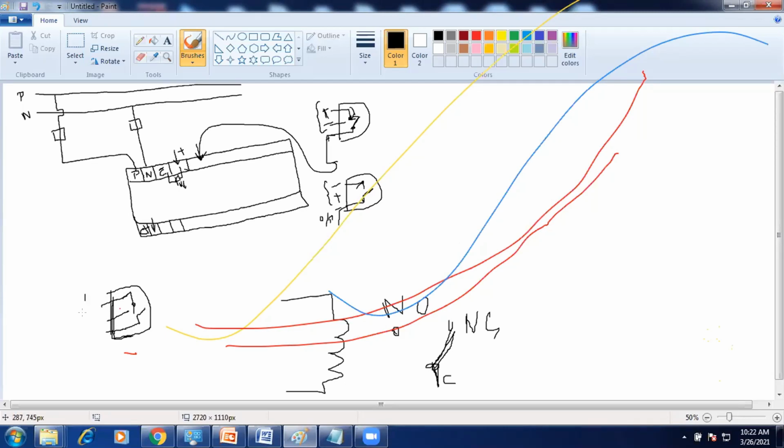This is PNP. From the output of the sensor, we are getting positive only. While the sensor is sensing the object, from this output pin I am getting positive, but I need to give the input as negative to that PLC. So the positive will be connected to the relay. Here I am giving the second end of that relay as ground.